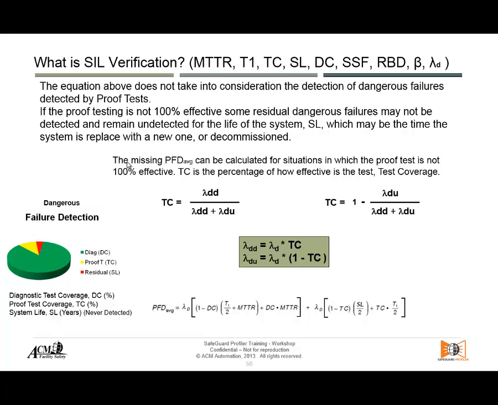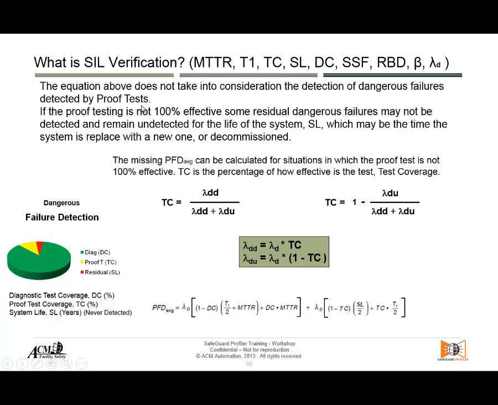Those are assumptions that are perfectly okay, and that's why we assume that our equipment has a constant failure rate, as long as we say that we're doing what we said we were going to do, which is to follow the IEC 61511 best practices, right? So the question that I showed you before does not take into consideration detection of the dangerous failures detected by